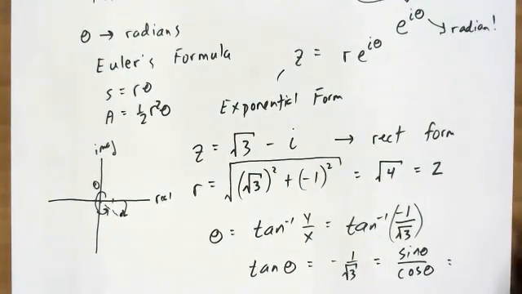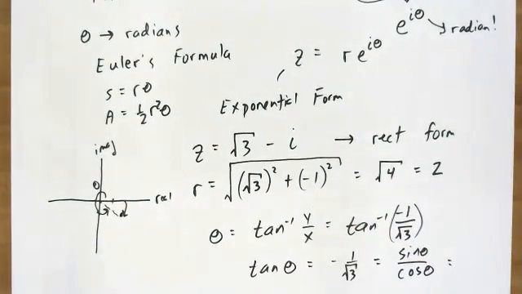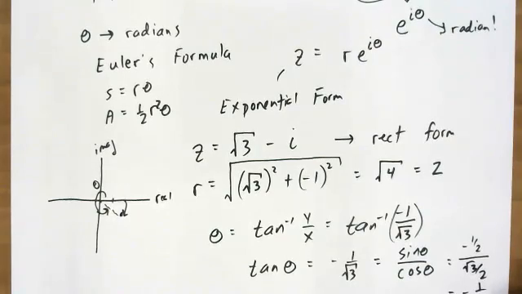And hopefully you see that if I look at 11 pi over 6, the sine is negative 1/2, and at 11 pi over 6, the cosine is square root of 3 over 2. And when you simplify this, it's -1 over square root of 3. So that confirms that actually